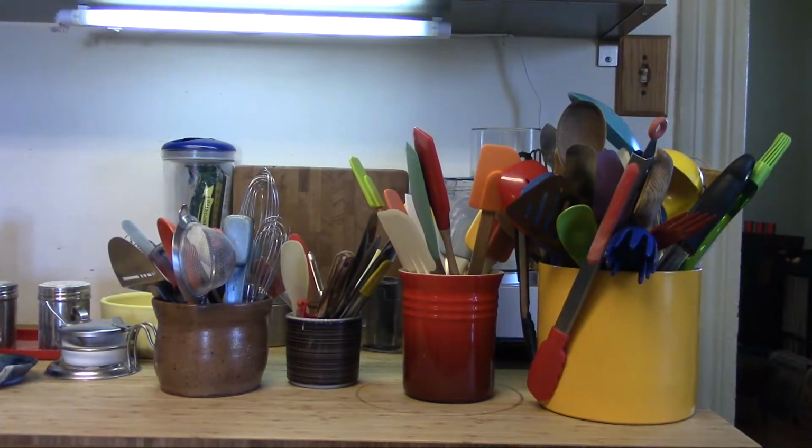The yellow crock is actually a flower pot from IKEA called the cylinder. And when I bought it in the late 90s, they came in various colors, along with this yellow, a red, a blue, green, and I think black and white were the colors. I think they only have the black and the white now, if they still even carry it. But they did carry it for quite a while, in just black or white. The red crock is from Le Creuset. Found at TJ Maxx